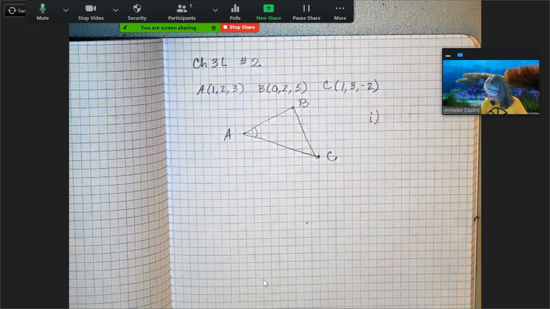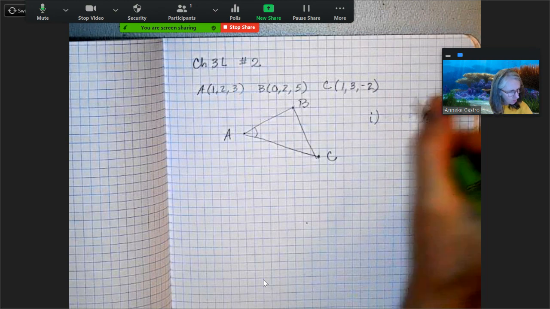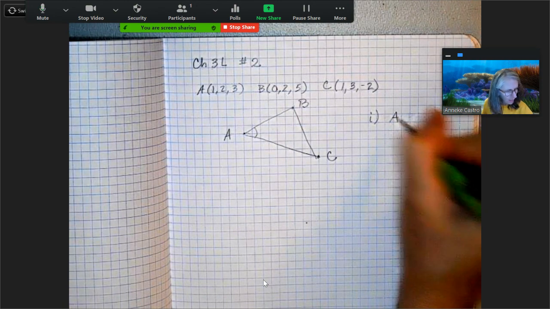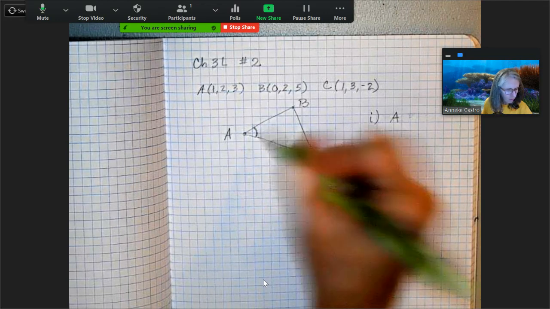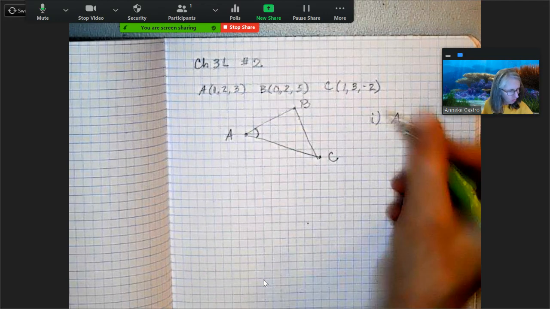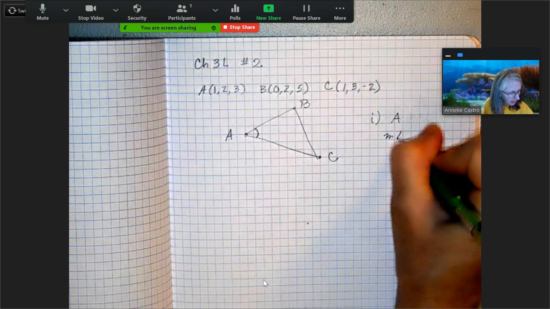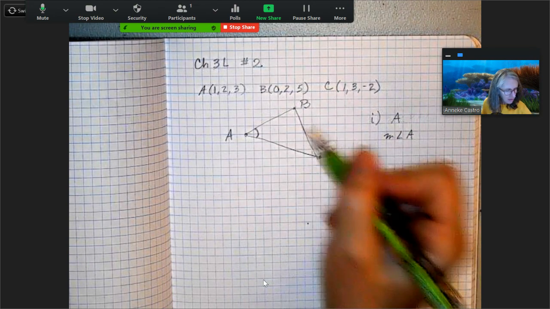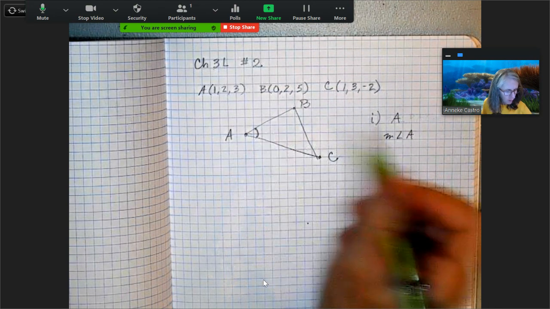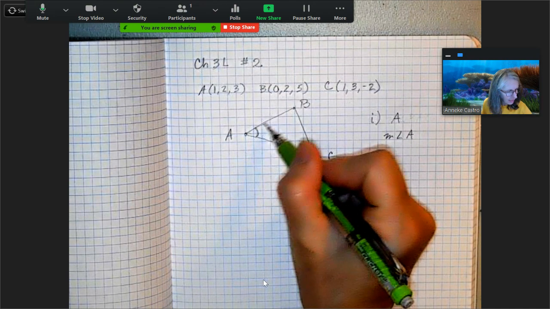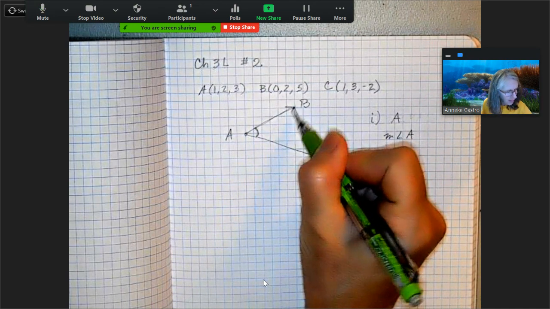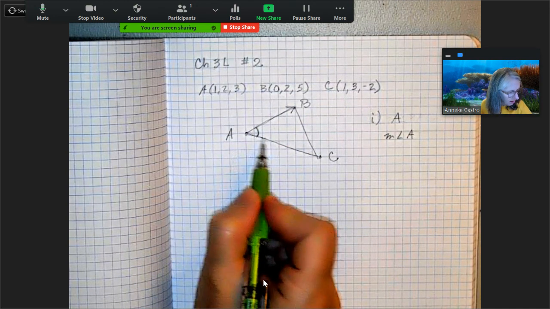So the first question says, state which 2 vectors you could use to find the angle at, and there are 2 parts to the problem. They say the angle at point A, so that would be this angle right here. If I want to find the measure of angle A, I need to find the angle between 2 vectors. I'm going to have this vector right here, AB, and this vector right here, AC,